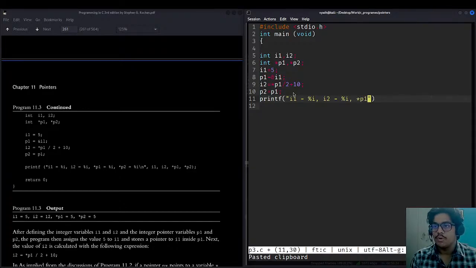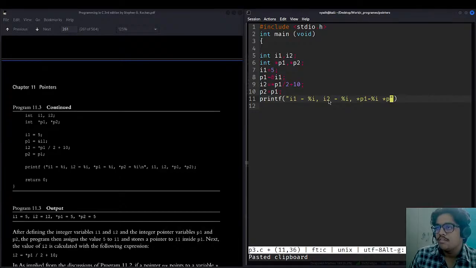P1, pointer one. What are they doing here? Okay, done. Fine. So percent I, then again pointer P2. P1 points to I1. Yes, P1 is pointing to I1. P1 is a pointer defined to the data type of I1, and it is not directly accessing the value of I1, it is just accessing the address of I1.